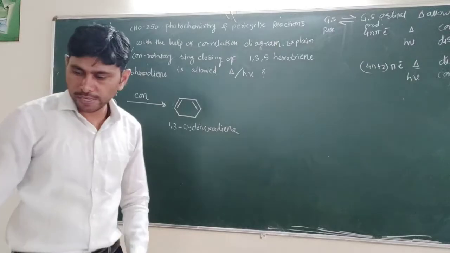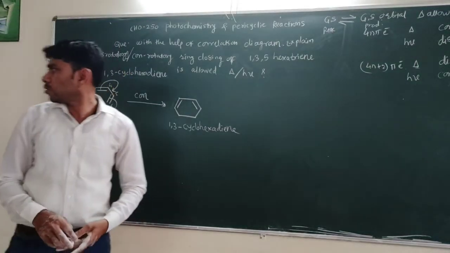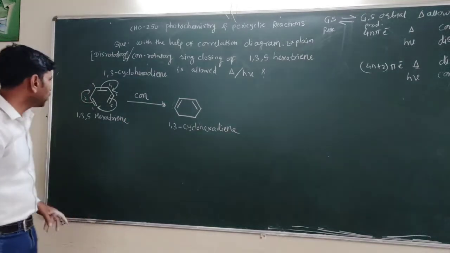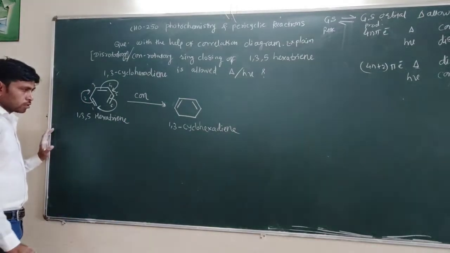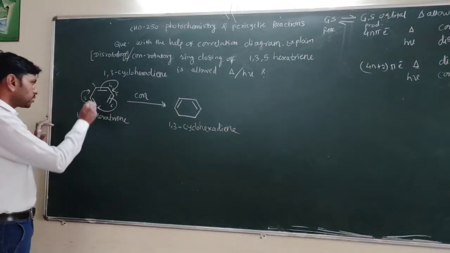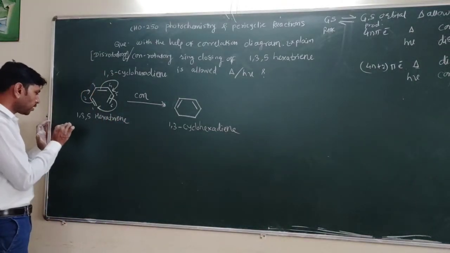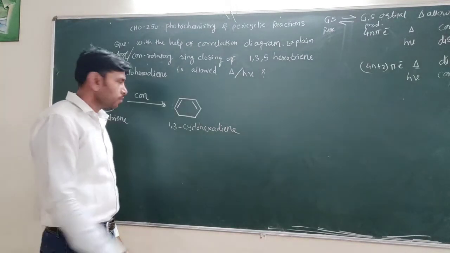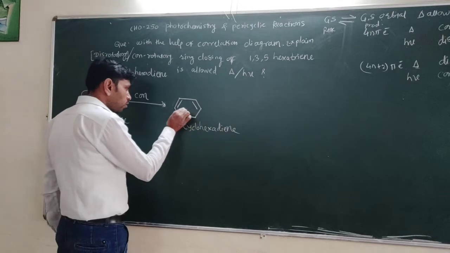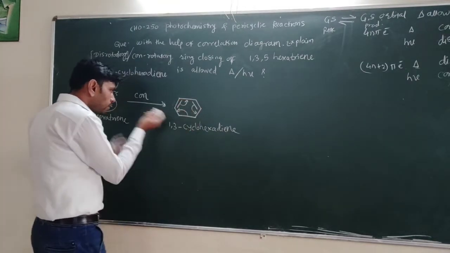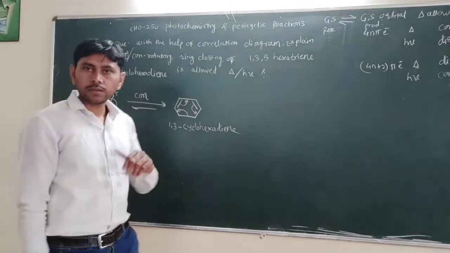What is our next step? Next step is to draw the molecular orbitals of this. So how many molecular orbitals? First we have to consider the molecular orbitals. Here 6 pi bonds are involved in the reaction. See, the reaction occurs in this way: 1 sigma bond broken, 2 pi bonds involved. Then we again return to the reactant molecule.